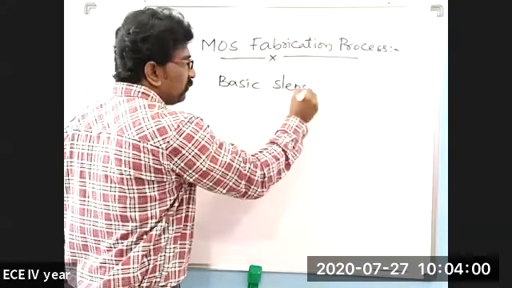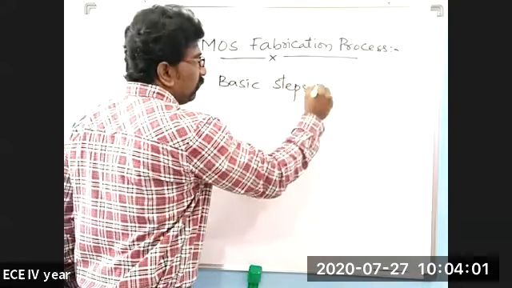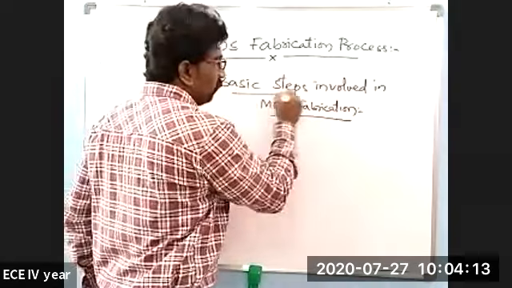Basic steps involved in MOS fabrication. Generally, any kind of MOS fabrication will have approximately 10 steps of patterning the layers. So in general there will be 10 steps in order to get a physical integrated